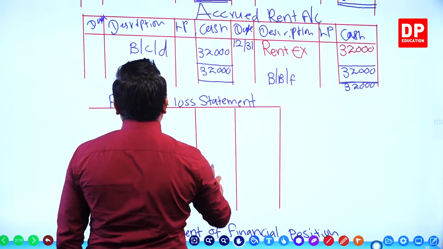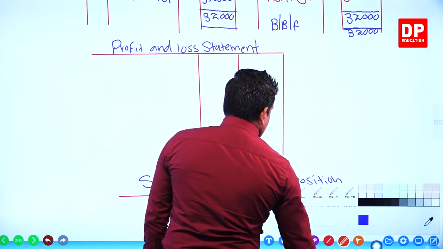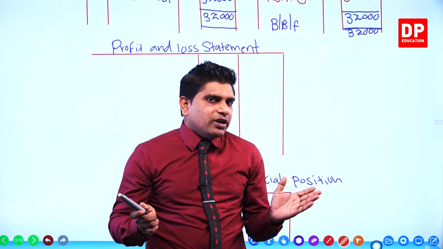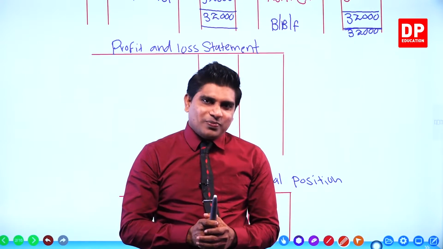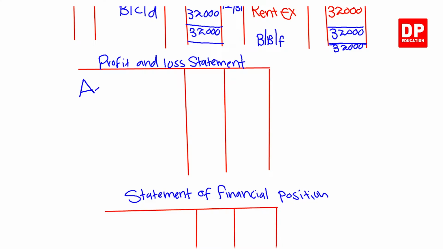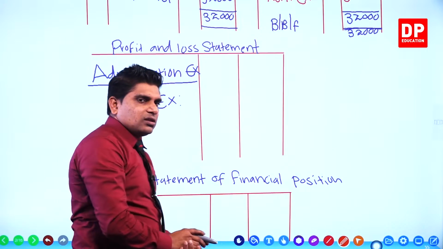Now we have already done the profit and loss statement. Now tell me, rent expense, does it go under the administration expense category or distribution expense category? Administration expense category, right? So in the profit and loss statement, you write administration expense, and under this you write rent expense. How much is the rent expense? 64,000,